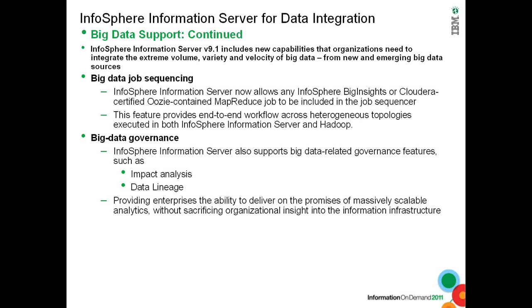And the other thing that we have started supporting, as the first step towards governance in big data, is providing you with the functionality to do impact analysis, so that if you change something, you can see where all the change is going to affect. And secondly, the data lineage part, so you can trace it back to where exactly it is used and how it is used, right, from a big data standpoint.